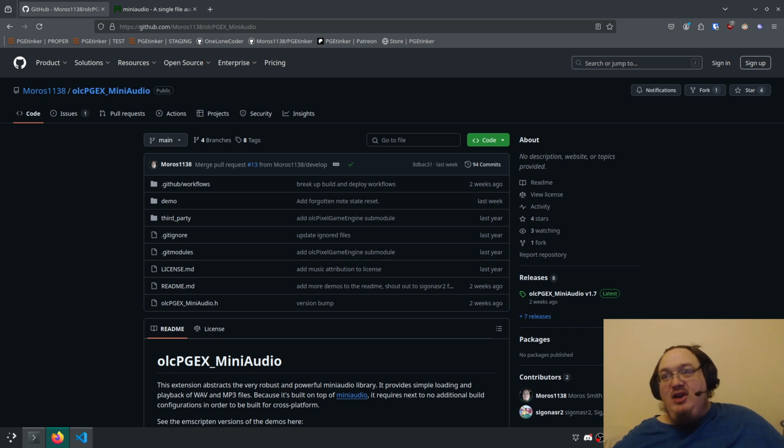What I've done is I've made a PegX, for those not aware. There's a community called the One Lone Coder. They've got this thing called the Pixel Game Engine, which makes it really easy to put things up on the screen, pixels, drawing things, and all that sort of stuff. But you can extend it, and this is an extension that allows us to use Mini Audio to give it sound. Now that the backstory is out of the way, Sig approached me privately because it doesn't support one of the actual core features of the Pixel Game Engine,